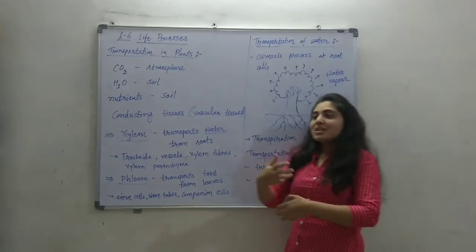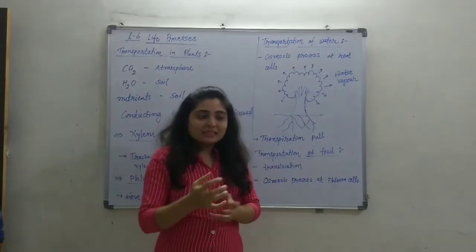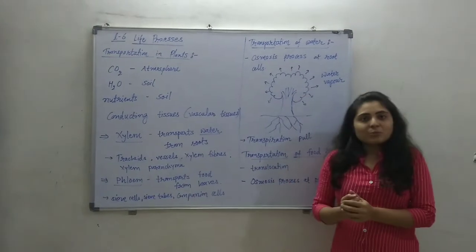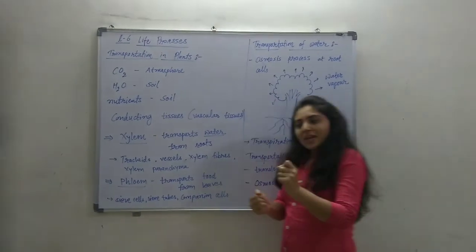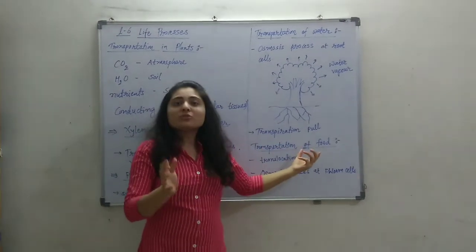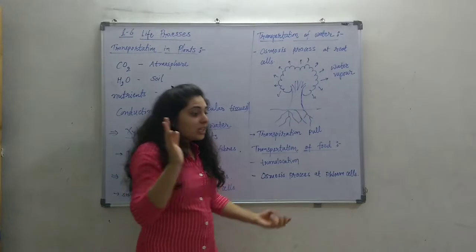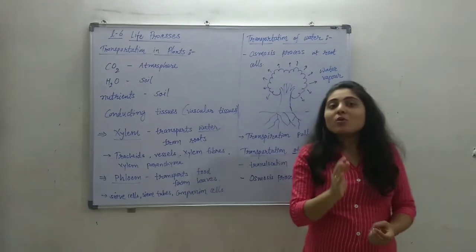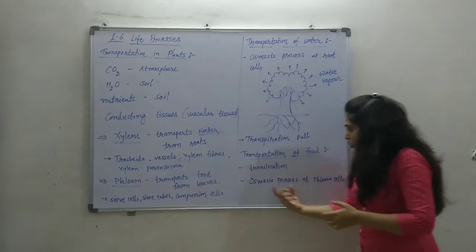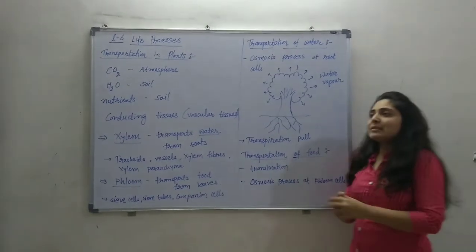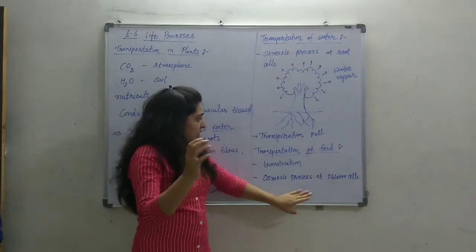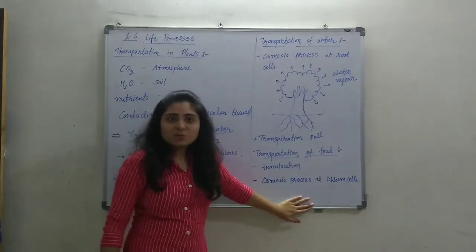Phloem has sieve tubes, sieve cells and companion cells, and these are mainly doing the transportation work. How are they transporting the food material? See, the transportation here is also done by the osmotic pressure only. You have to remember the osmosis process as we have learned in the earlier standard. So the osmotic process at the phloem cells is the main process by which the food is transported.